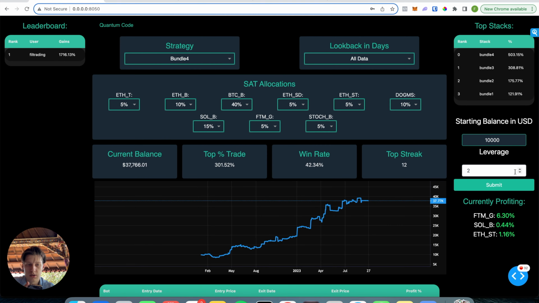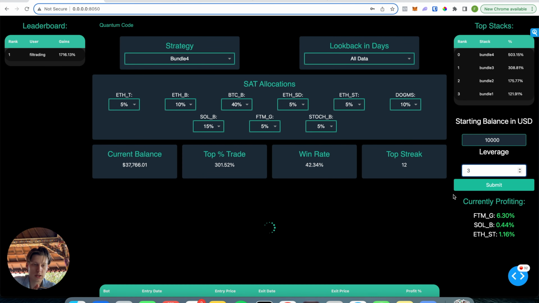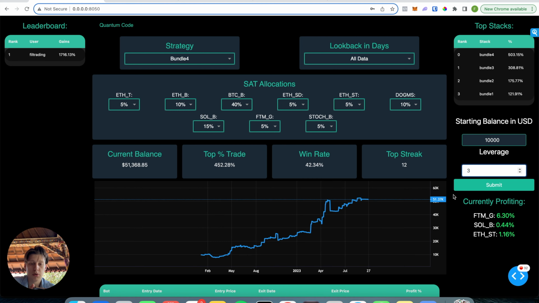performance. Which basically means that if you don't know what leverage is, you can look it up, but essentially you're borrowing money from the exchange. For example, I have $1,000, right? But $1,000 is not a lot to trade with, and I want to trade with $10,000. So I set my leverage to 10. I borrow $9,000 from the exchange, and the maximum that I can lose is $1,000. The collateral that I put in, right? If I lose that, then they will just kill the trade and they will kick me out. I cannot lose more than I put in, which is $1,000.